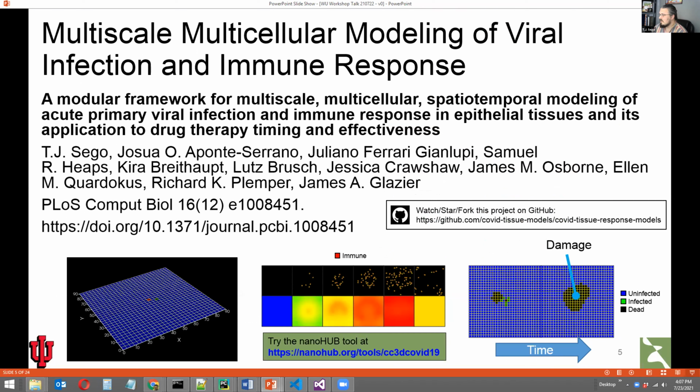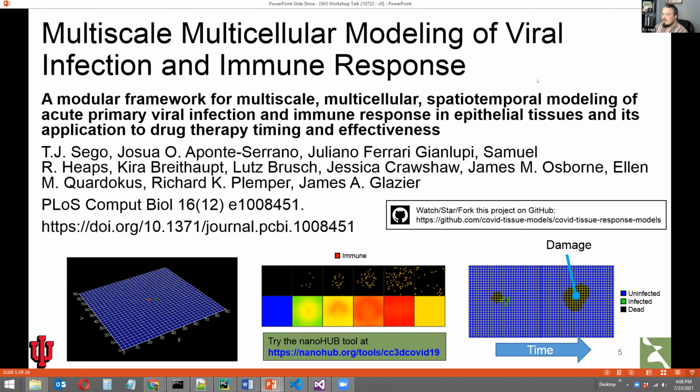Last year, when the pandemic really hit the States, some of us in our lab wanted to make some sort of contribution to applying our skill set in computational modeling and cell-based modeling, multi-scale modeling in biology, adding that into the mix of research that was going on and continues to go on concerning viral infection and immune response. And so that resulted in this paper that we're glancing at here.